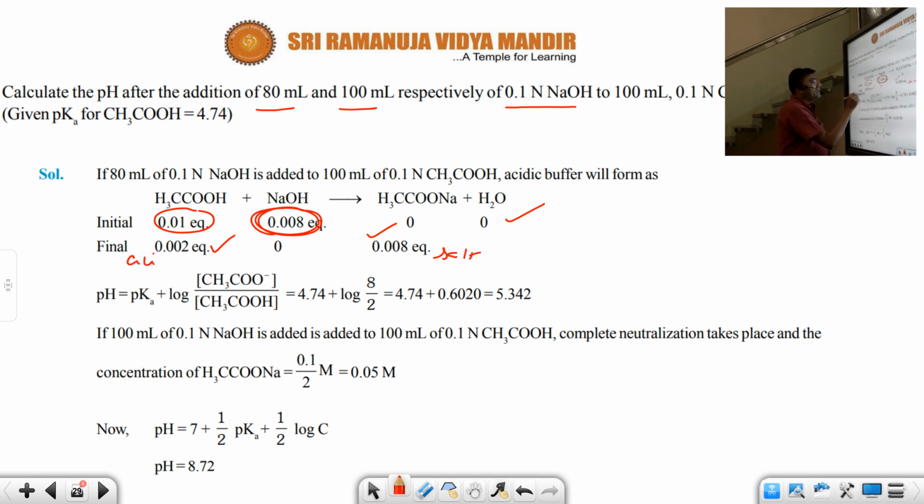What is this called? Acid. So it forms a buffer. Substitute it, you get the buffer. This is what you have to use, the buffer formula. Now, second case,